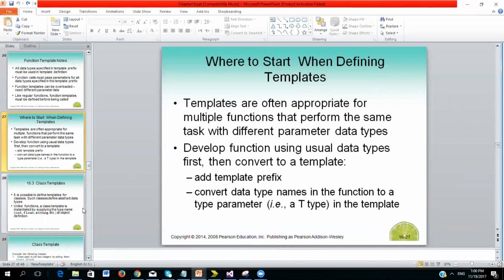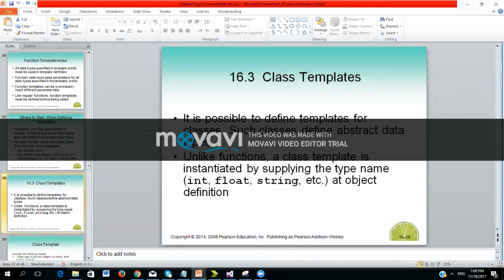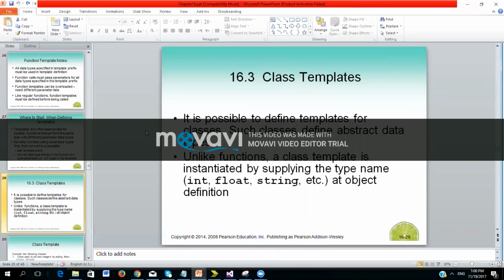We do have another template that we can use, called class templates. So you can create templates for classes as well. For classes, it is used usually when you have two classes. Functions have the same task, but the class template will be instantiated by,